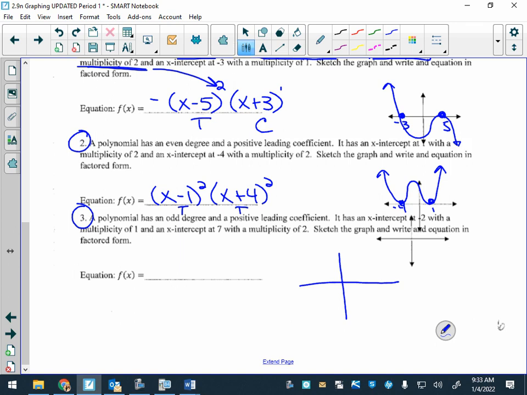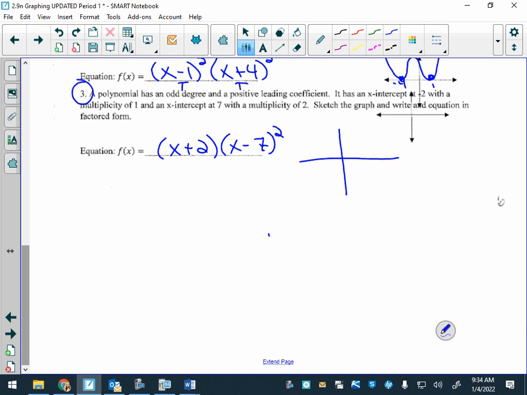Okay? Now for number 3, a polynomial has an odd degree and a positive leading coefficient. X-intercept at -2, okay, with a multiplicity of 1, x-intercept of 7 with a multiplicity of 2. So what would this look like? Yep, Riley. Perfect. Okay, so